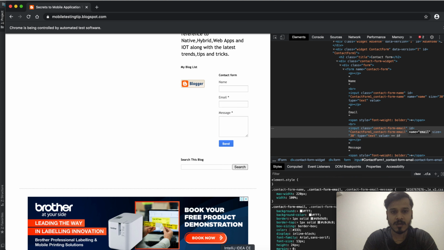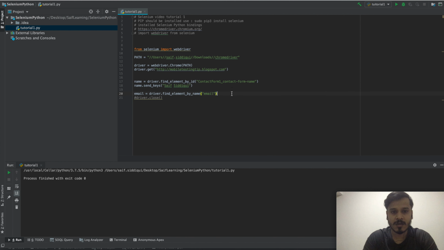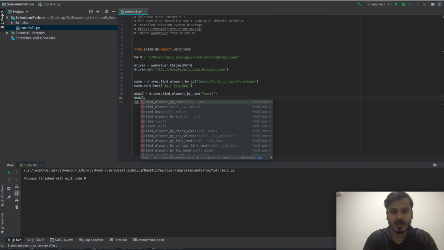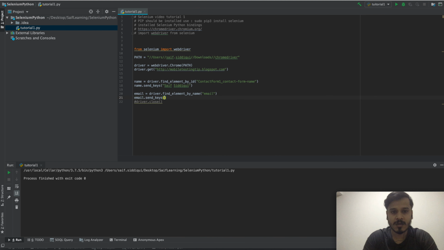I will use it here, and after that I want to enter some message. For the email message which I want to enter, I will use the variable dot, and again in order to type anything in the text box, we need to use send keys, and then the message that I will be writing inside this.